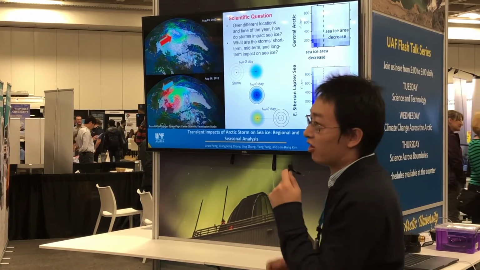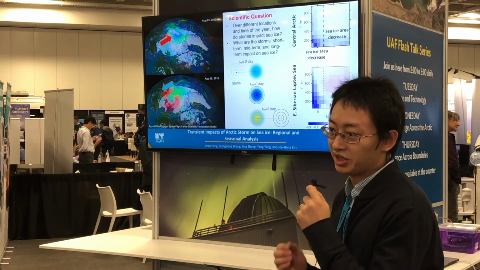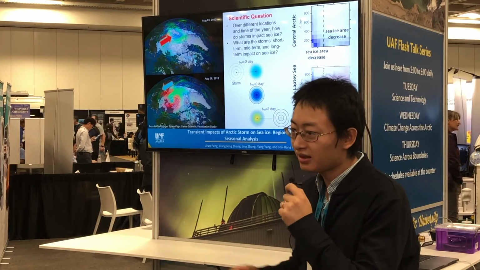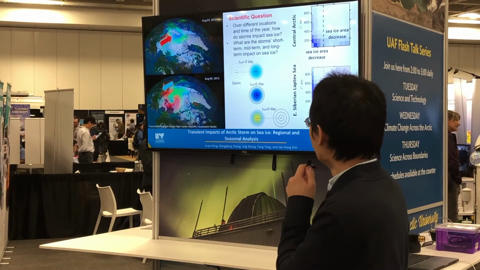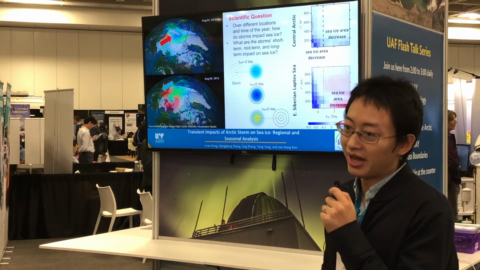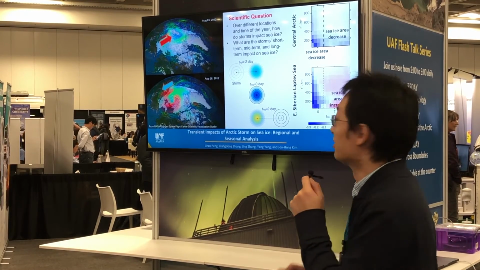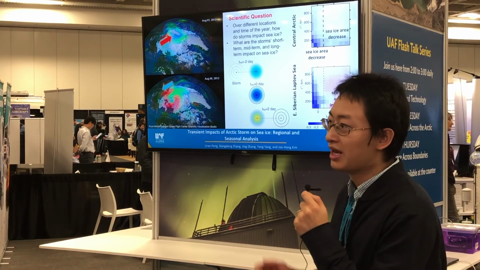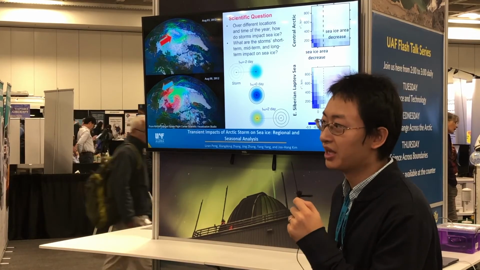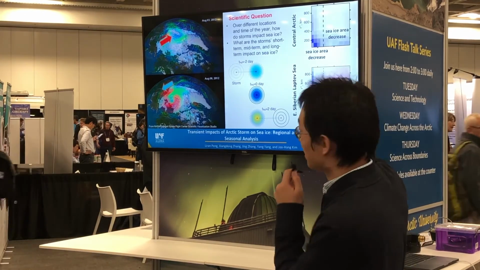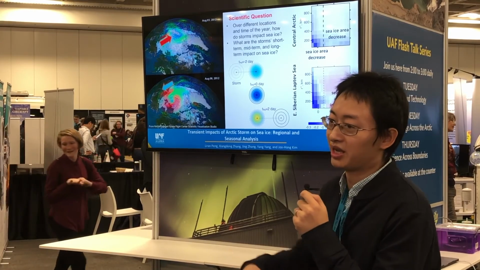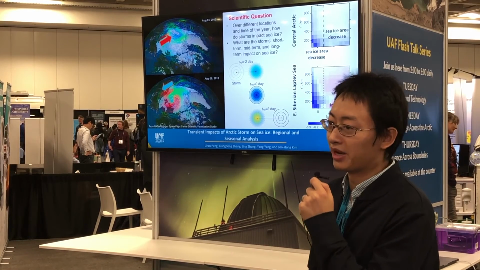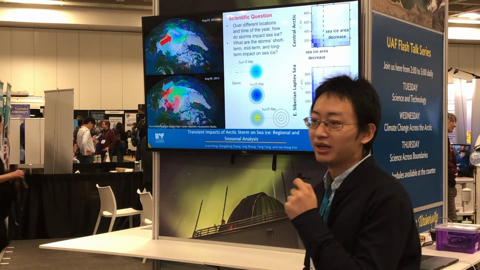Quite differently, over the Central Arctic, storms can cause a continuous sea ice decrease, and you can see the sea ice area is less than the climatology. According to our analysis of the energy budget terms, we found that because storms penetrate through the peripheral seas as they move northward, they cause cold air advection and increase the sea ice area. But since the storm track generally tends to go around the Central Arctic, it continuously transports warm air into the Central Arctic. That causes a continuous sea ice